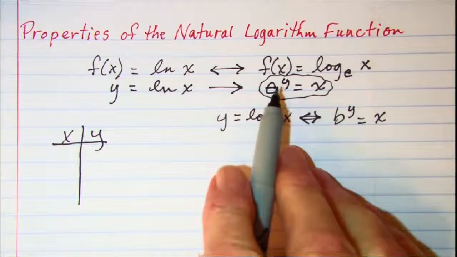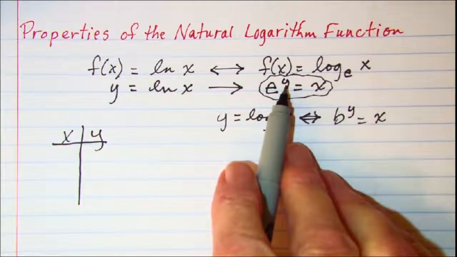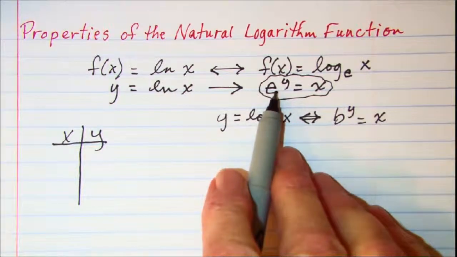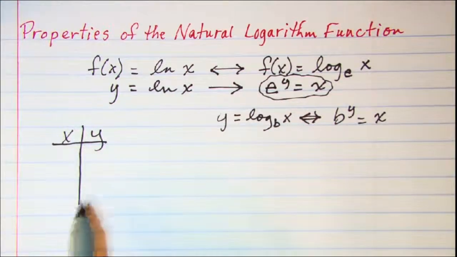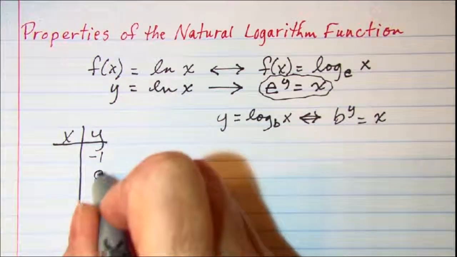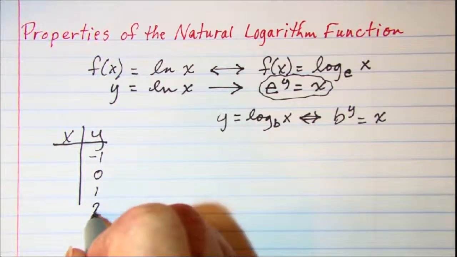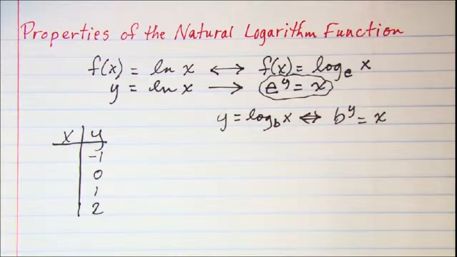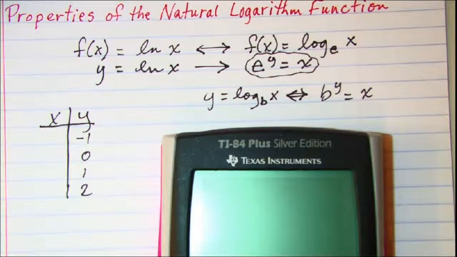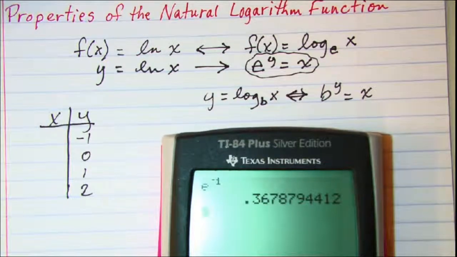Now it's easiest if we let y be the independent variable and then figure out what the x values are for our xy chart. So let's let y equal -1 and then 0, 1, and then 2, just so we can have a little bit of accuracy. Now I'm going to use my calculator to give us the values for this. If we take e, which is second ln, and raise that to the -1 power, we get